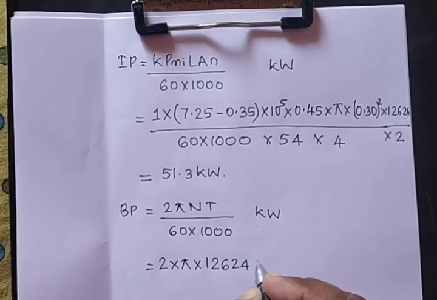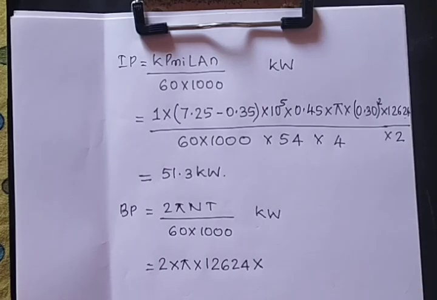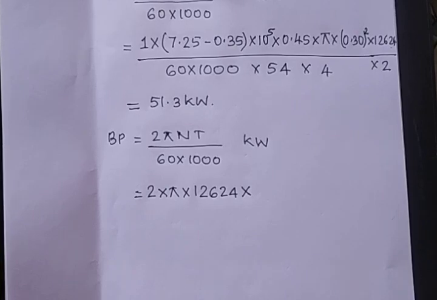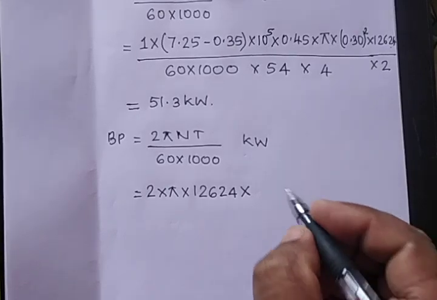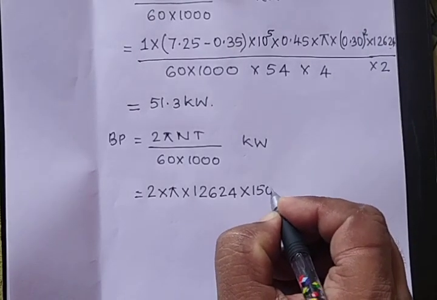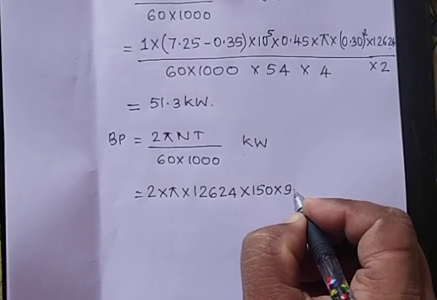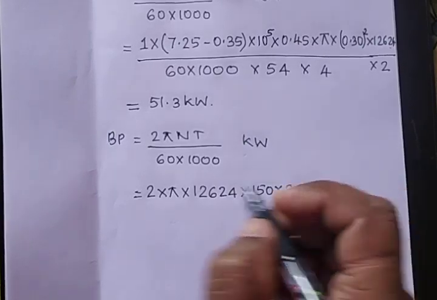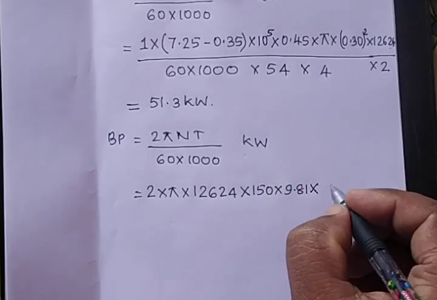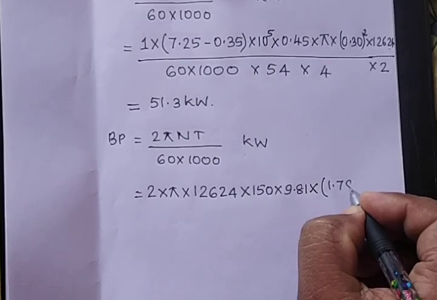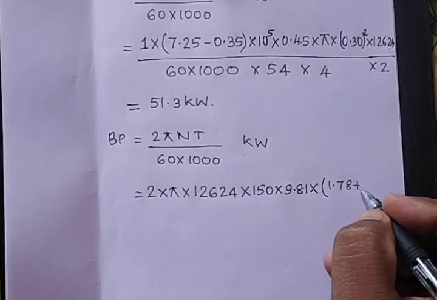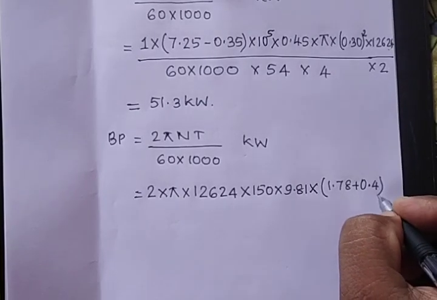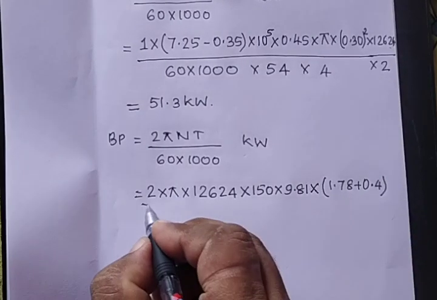12624 into torque. Torque is nothing but W minus S into dB plus dr by 2. So W minus S is 150. It is given in kg. So multiply it by 9.81 to convert this into Newton into dB plus dr. So the value of dB is 1.78 plus dr value. It is 4 centimeters. Convert this 4 centimeters into meters. So divided by